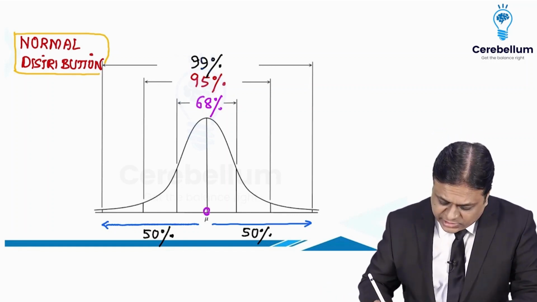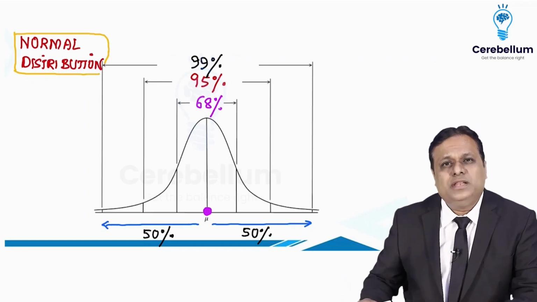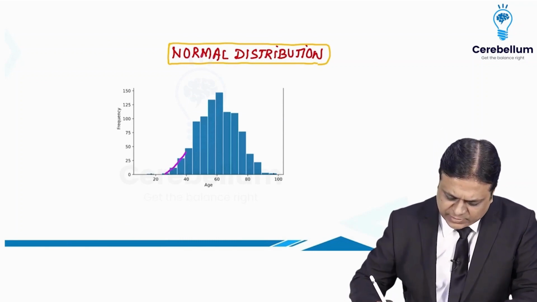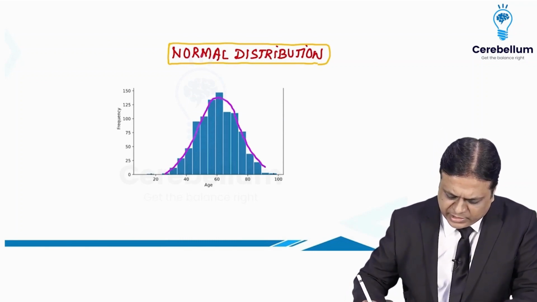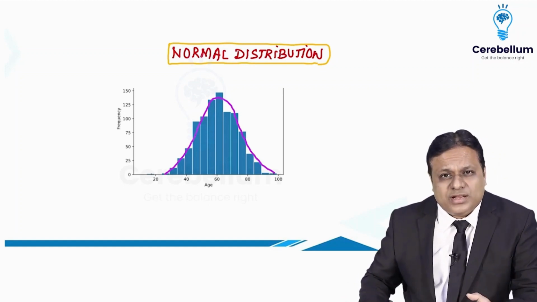This point is mean, median, mode, coincidence, all three values are same. Let us look at few more types of normal distribution. This is a normal distribution, you can see more or less. This is bilaterally symmetrical bell shaped. Let's look at a more clear image.